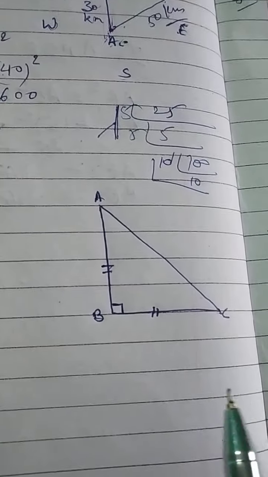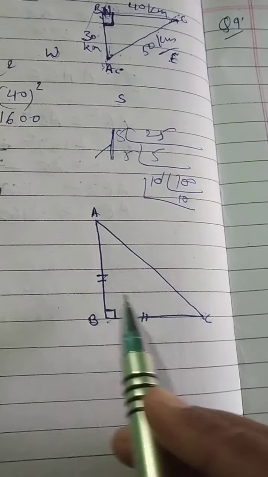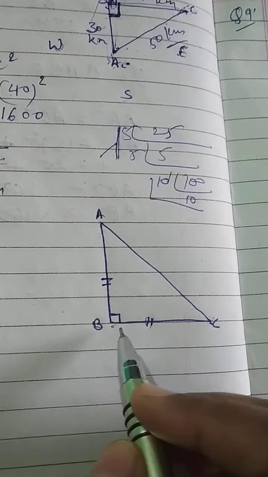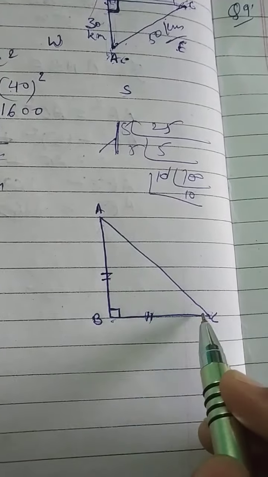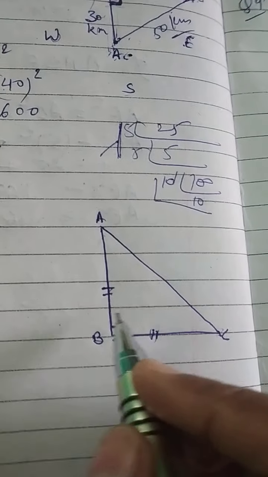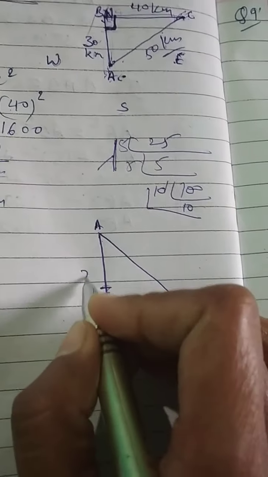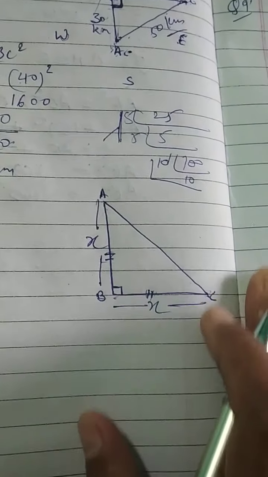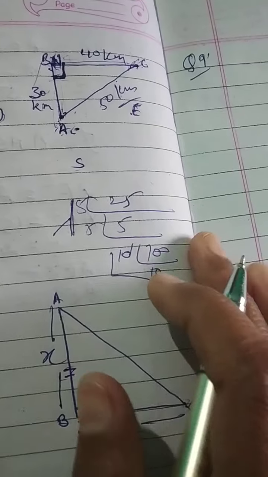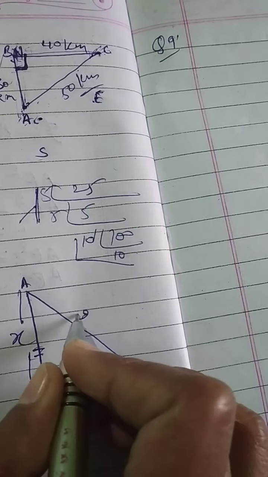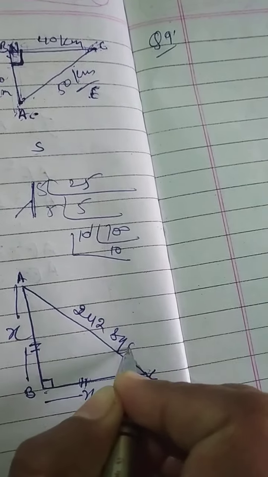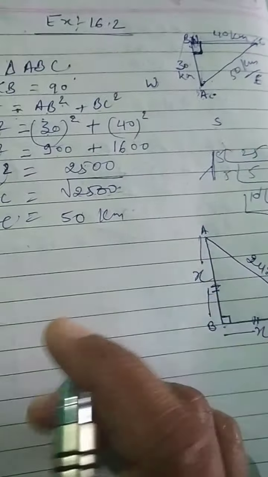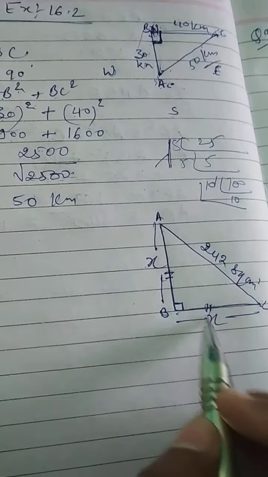So first of all we will make the figure. This is a right angle triangle but it is isosceles also. Isosceles means its two sides will be equal. Definitely these two, because the hypotenuse is the biggest side. So these two sides will be equal. So can we let this side as x meter and this side also x meter, or centimeter. And the hypotenuse square is given, that is 242 square centimeter. Its square value is given. No need to make its square now. Okay, we have to find out the side of this triangle.